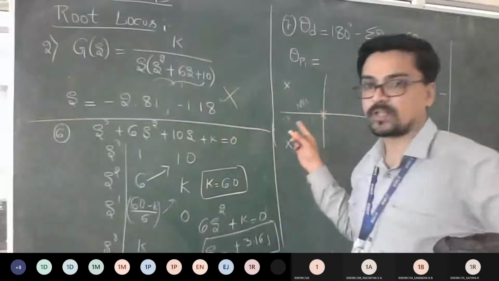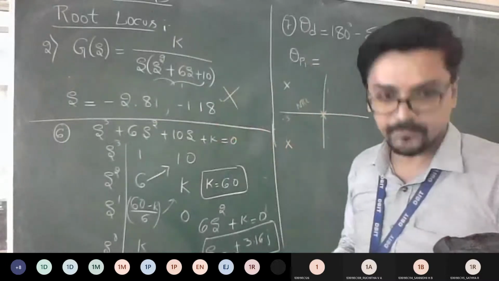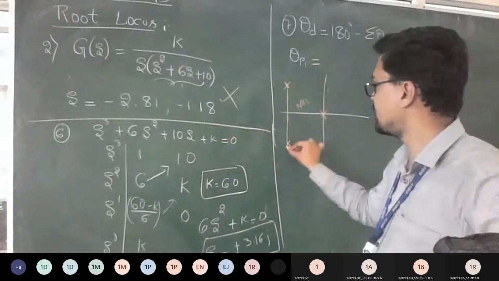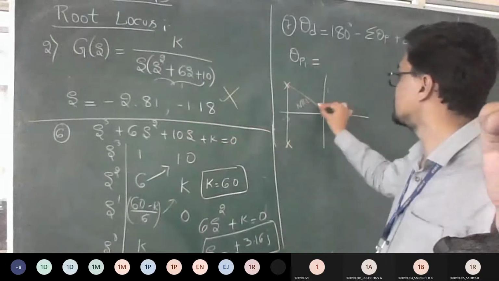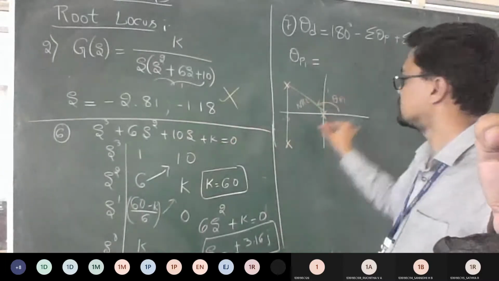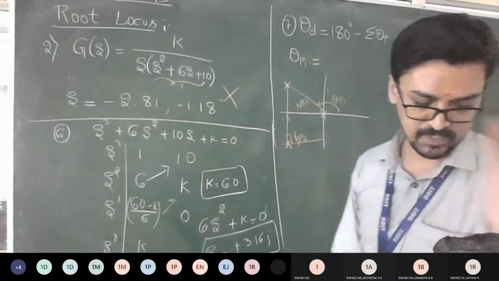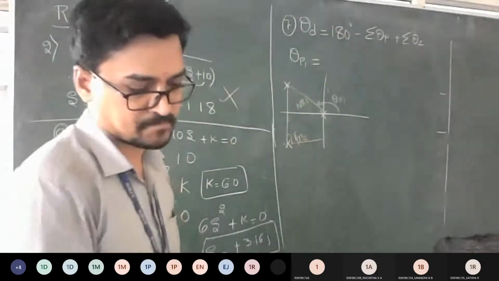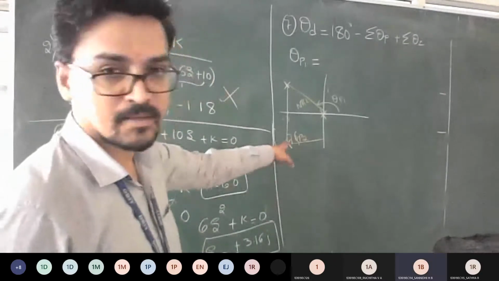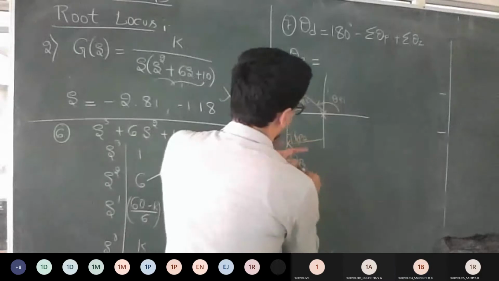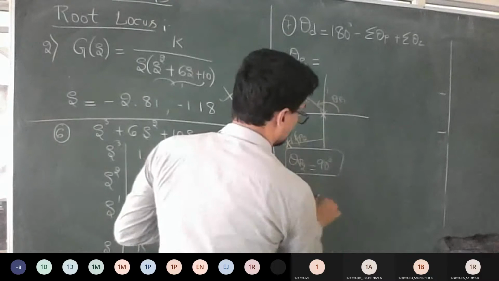Good. Then, as I told you, you need to find the angles. How to find the angles I taught you. You can join this as 90 degrees, and this will go this way. Correct, guys? So this is your theta p2. Which answer can you get directly? Theta p2 I can write as 90 degrees directly. Understood now? So tell me how to find theta p1 now.